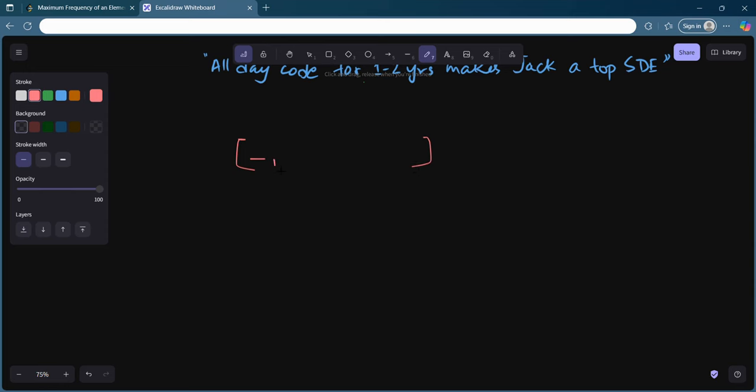Why not try to see what the maximum possible frequency of this particular element is? It essentially means that I am trying to convert as many elements as possible into this. You will say, how will that work?